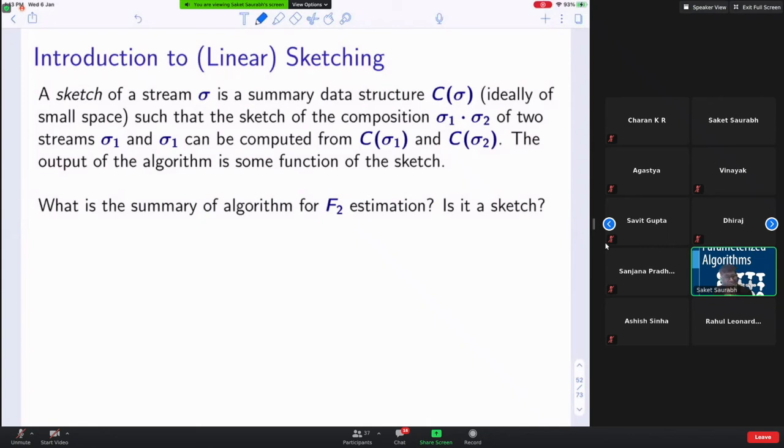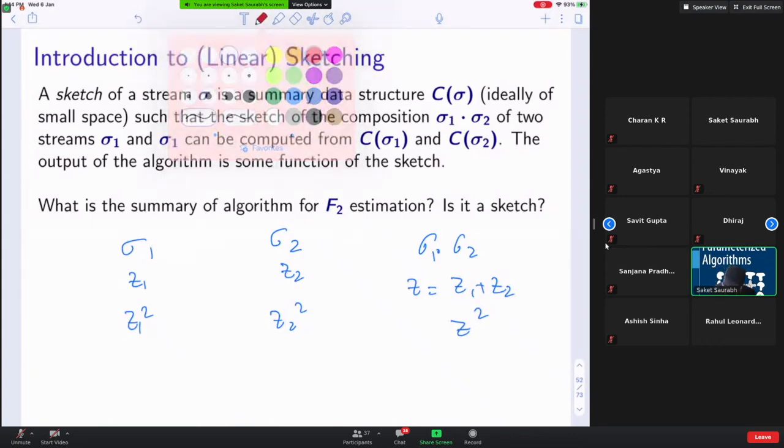A value Z, right? Suppose I had some sigma 1 and sigma 2. For those, I stored Z1 and Z2. And what would be returned? Z1 square and Z2 square. Now suppose I get sigma 1 and sigma 2 together, and Z is like Z1 plus Z2, and now I return Z square. Is it good? Well, no.